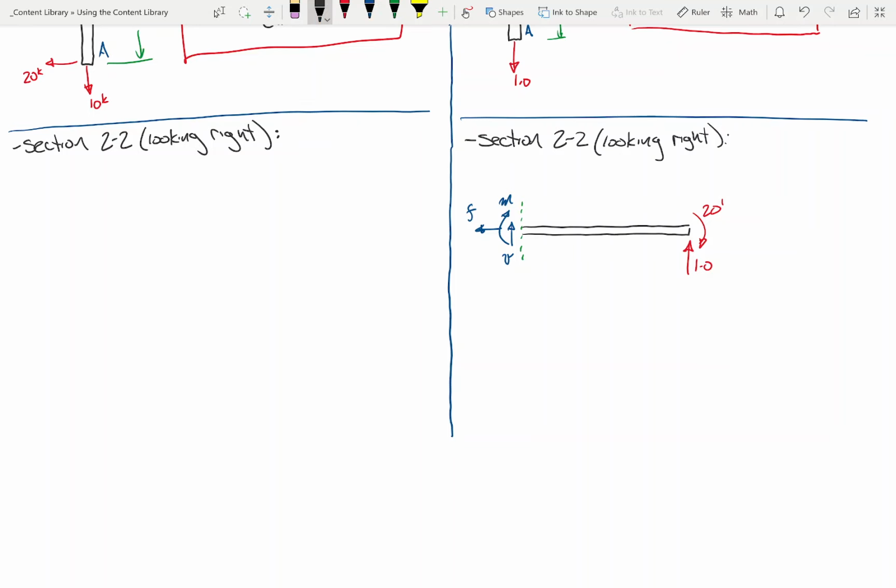Can somebody tell me what is F, and keep in mind this is point C over here. Oh, and I forgot my dimension. This dimension here is x2. Can somebody tell me what is FBC? 0.